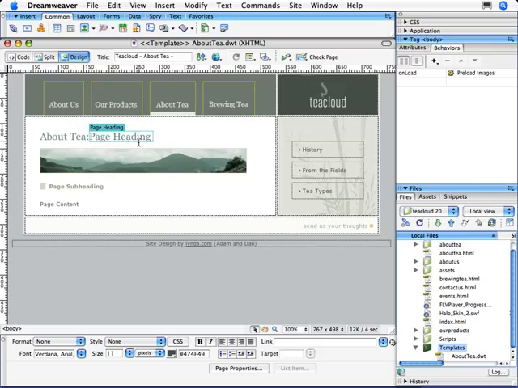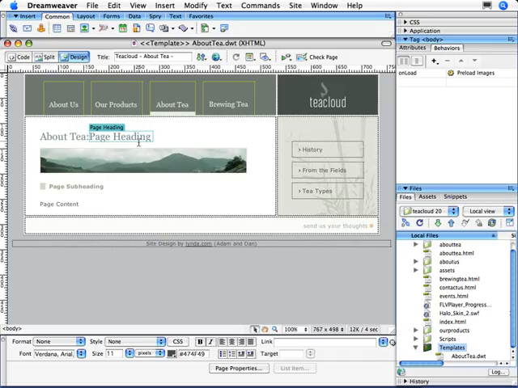This is a really great feature because even though you may drastically change the appearance of a page, as long as the editable regions don't change names, any content that Contribute users have created will be placed in the new page layout just fine. So here are a couple guidelines to keep in mind when designing a site that will be updated by Contribute users.